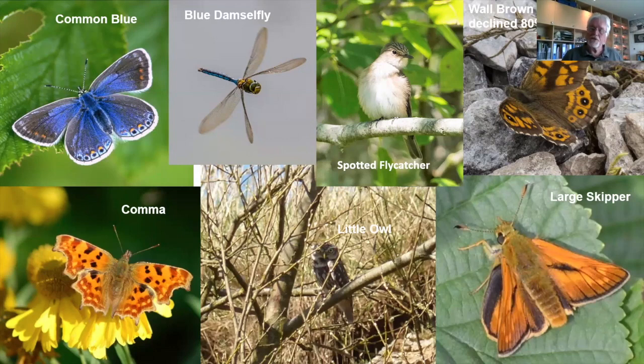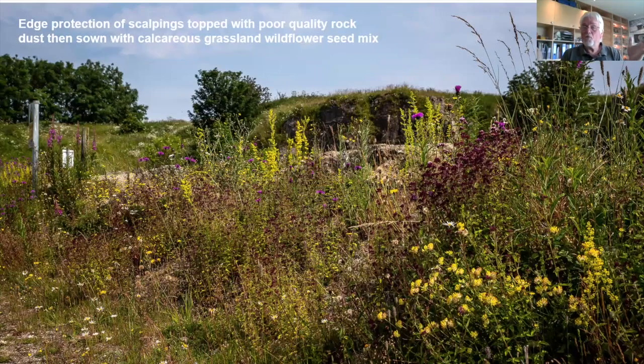So we've done a number of things at this quarry, which are fairly straightforward, really. First one is get the wildflower seeds going in other places. This is a bank which protects a fall, a cliff on the other side. You can see the sign on the left-hand side. And what we've done with that ugly bank is we just covered it in limestone dust with some clay content, and seeded it with a calcareous grassland seed mix. And all those same flowers are coming up the next year. Fabulous, and have continued to do so. And you can see the species I was describing earlier there,